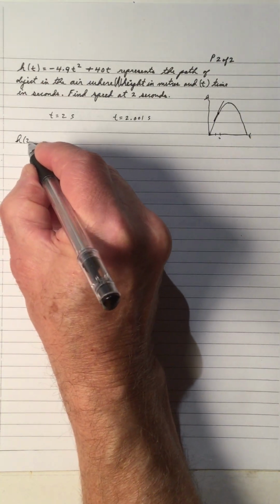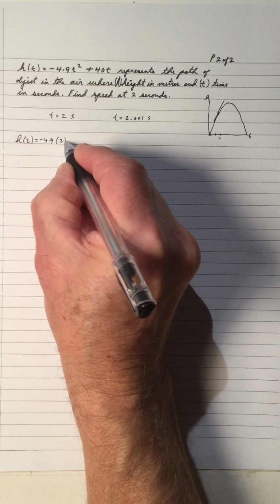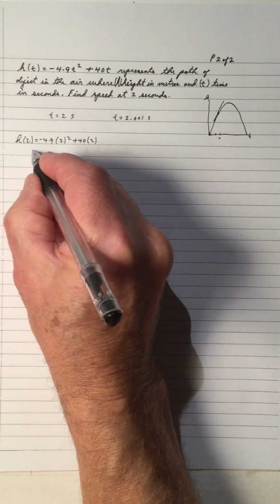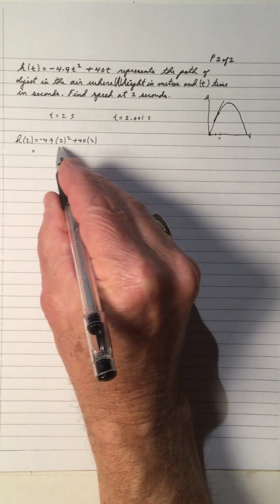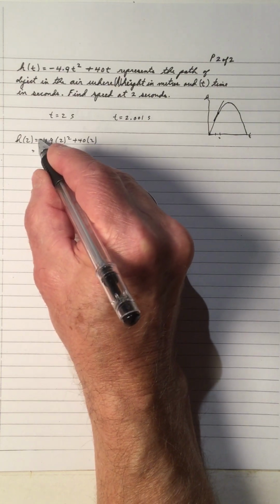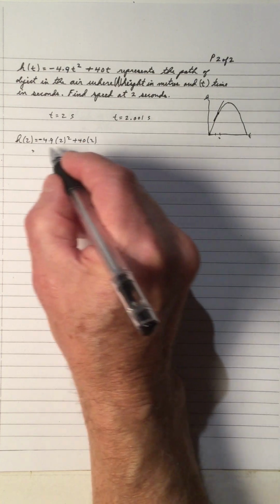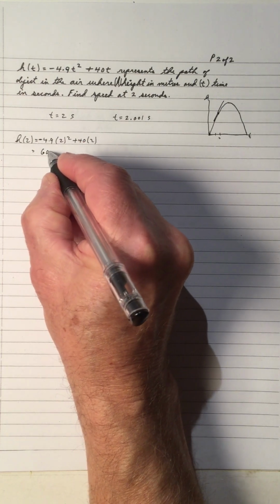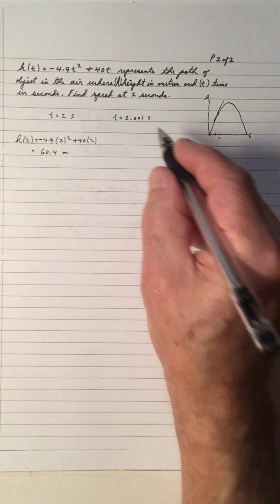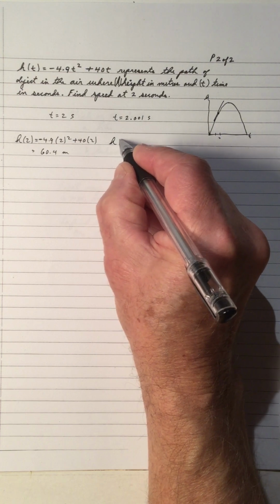So h(2) is negative 4.9 times 2 squared plus 40 times 2. When you plug that into your calculator, this is a negative number, so be careful, don't put in a subtraction sign. When you work it out, you get 60.4, and it's the height, so that's in meters. And when you do it with this one, you get the height of